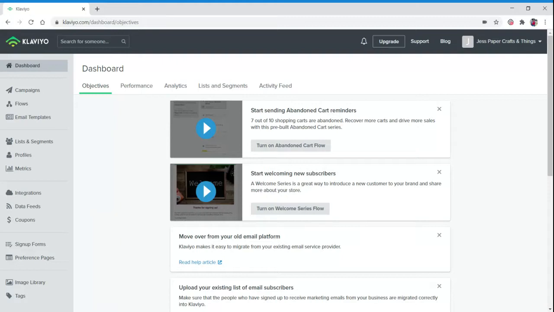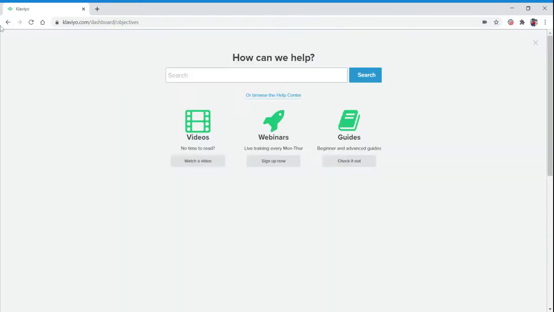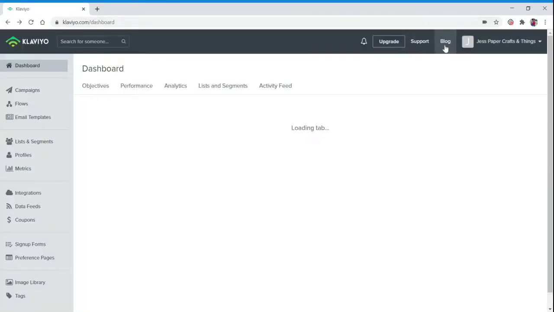So once you've completed setup, you will be brought to the dashboard. The dashboard has a couple of different places that you will want to pay attention to. First, this top bar, you have your search bar, you have your notification inbox, you have your support, you have the blog, quick access, and you have your profile with all of your accounts